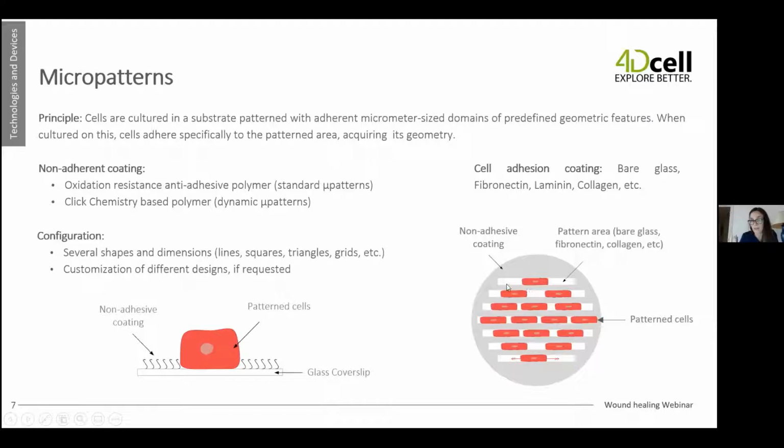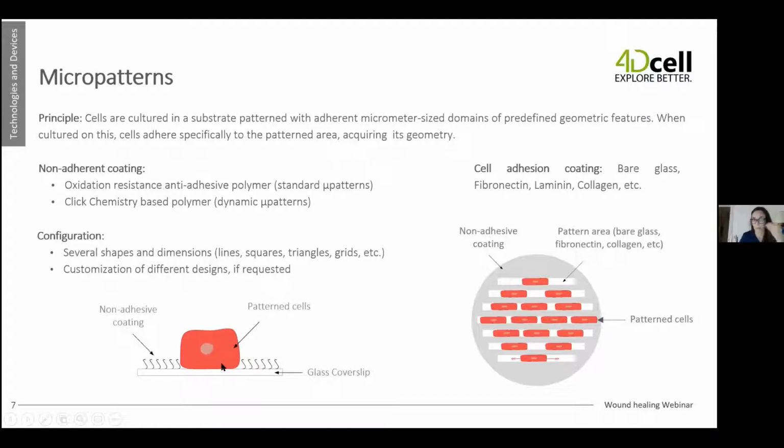So the cells in these areas can attach either to bare glass, or you can coat it with extracellular matrix protein, for example, fibronectin. There are different shapes available for these micropatterns, and this depends a lot on the type of cells you are working with and what kind of readouts you are intending to obtain. For example, there are micropatterns of line shapes, squares, triangles, or we can also customize a different design if there is some specific request. This is a cross-section of a micropattern cell on a glass cover slip,